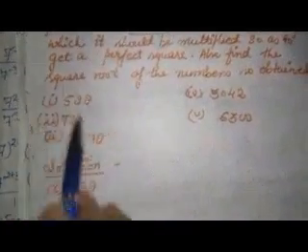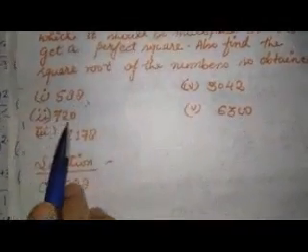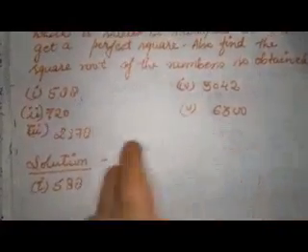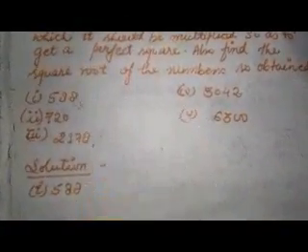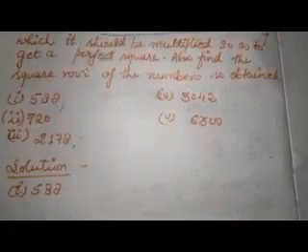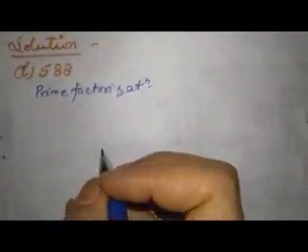We are having a few of the numbers which is not a perfect square. 588 is not a perfect square, 720 is not perfect square, 2178 is not a perfect square. What we all need to do is, we will multiply this number with the smallest number which will make it a perfect square. Okay, so here we start with the first question, 588. The first step of solving these kind of question is taking the prime factorization. How do we do the prime factorization?